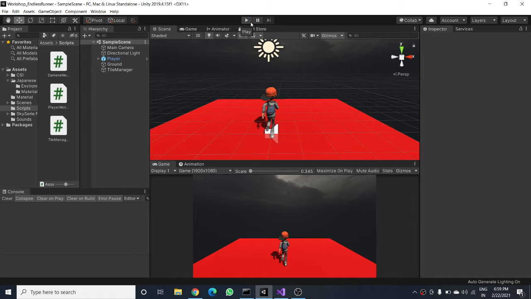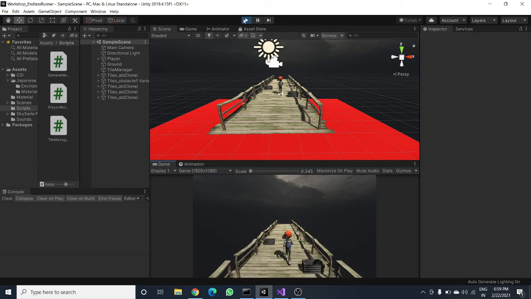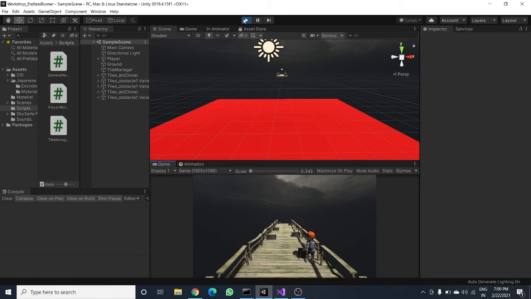Now the thing remaining is about the user interfaces. So think about why I am playing the game. At first, if I just hit play game, the first question is, okay, I am playing, it's good. I am seeing the environment. I am just running. Now I just hit an obstacle.